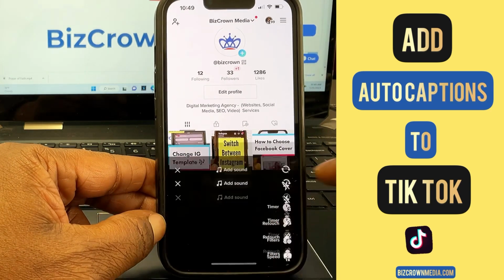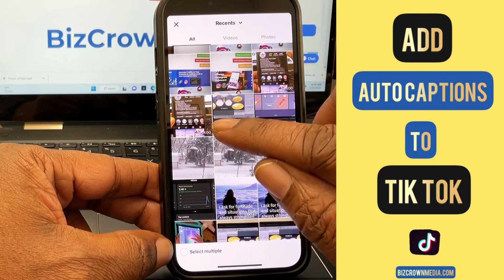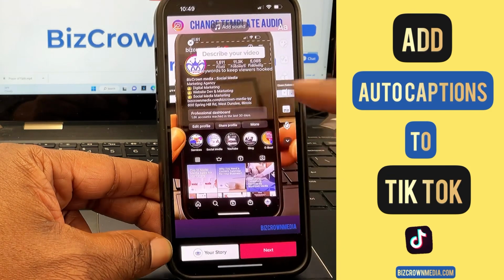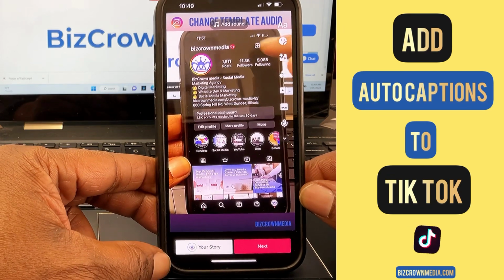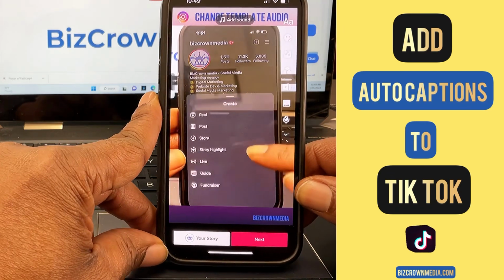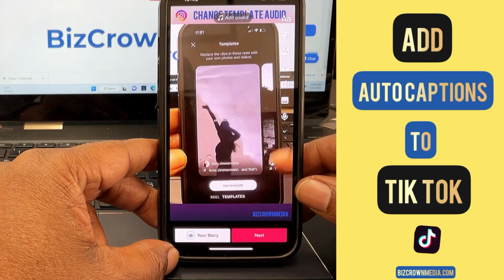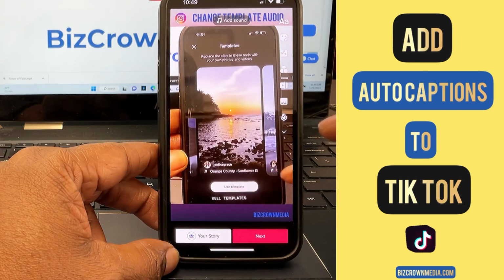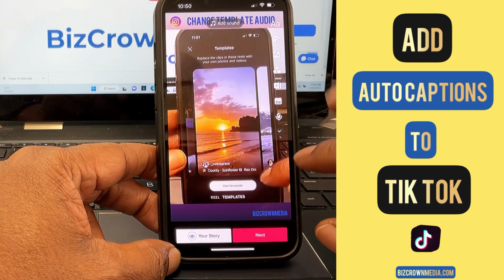Now pick the plus sign. We're going to pick our video, not our reel, our TikTok video that we want to generate auto captions for. Now I'm going to turn this down so you don't have to hear it and just hear me. Now, what we want to do is once you've picked the video that you want